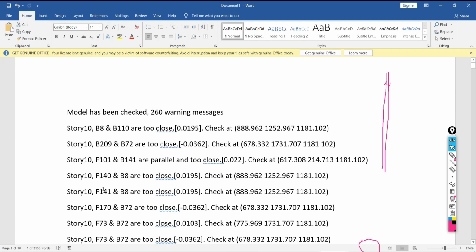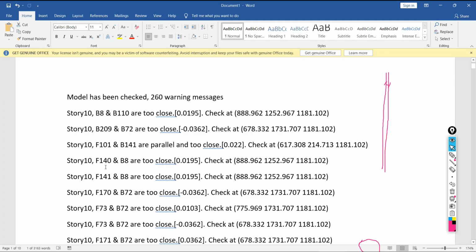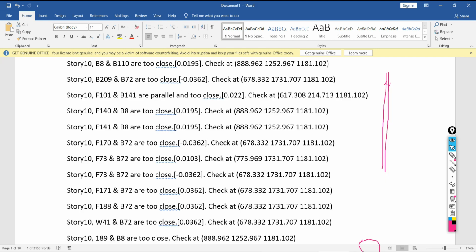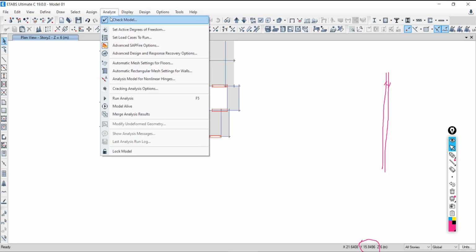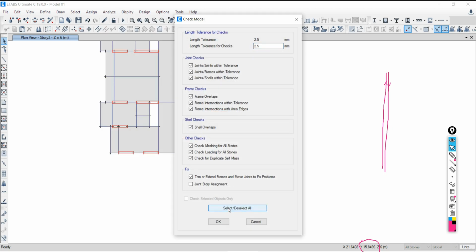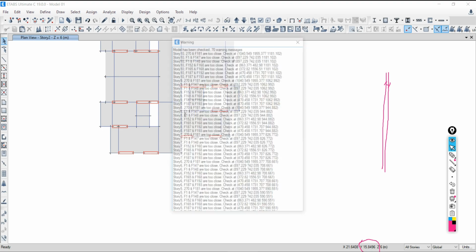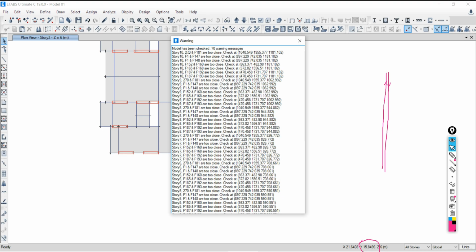Coming back. Go back, go to analyze, go to check model, select all of these. Now simply okay. Yes, joint 270 and F181.